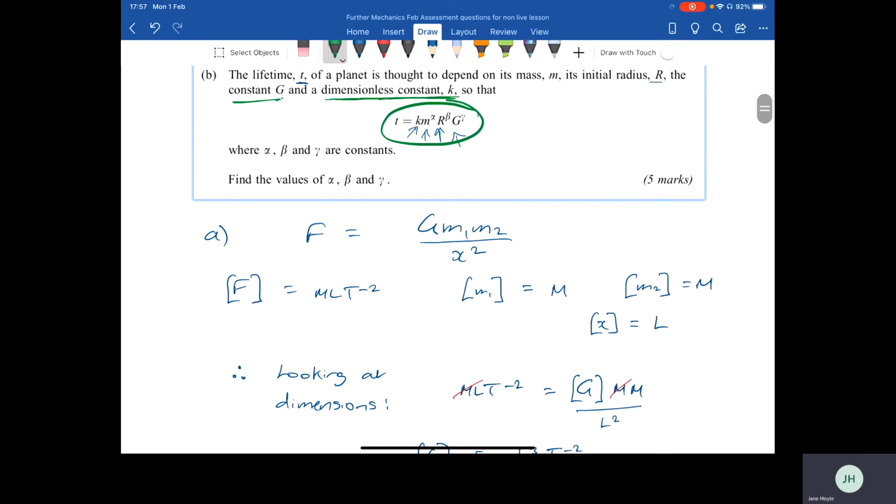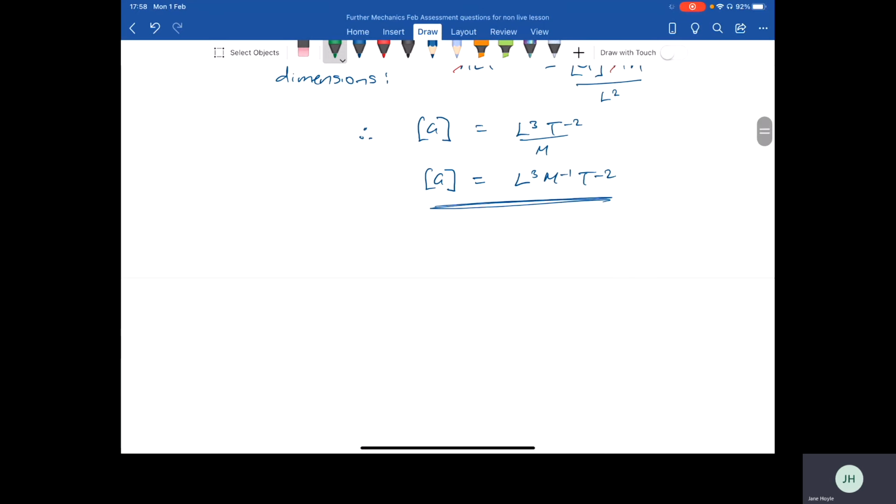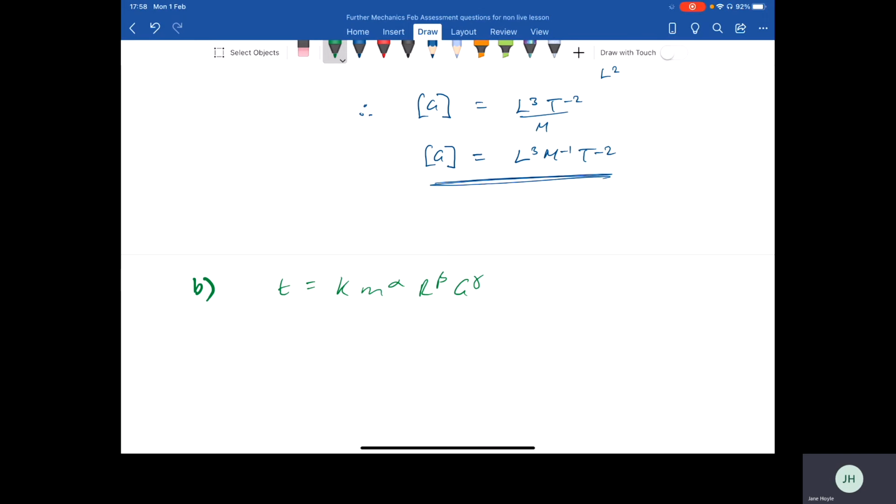So I'm going to use this equation here, but I'm going to pop the dimensions in there. So I'm just going to rewrite that equation out again. So I know that t is equal to k m to the power of alpha, r to the power of beta, g to the power of gamma. So considering the dimensions then, I know that t, which is time,